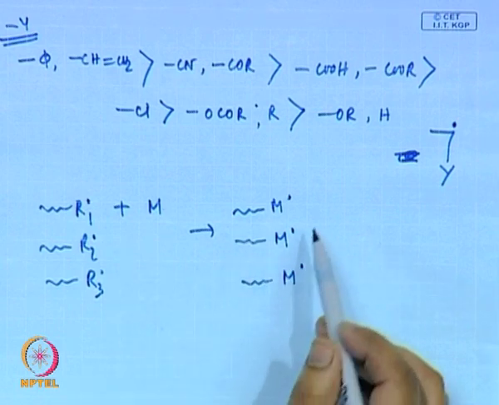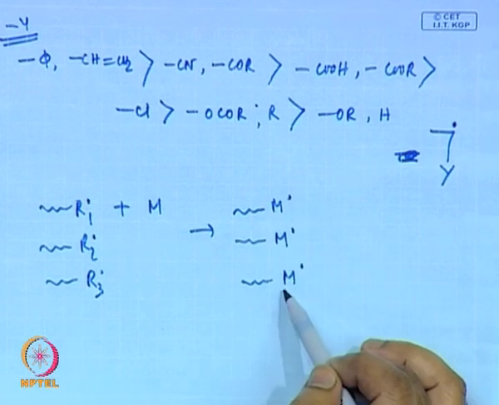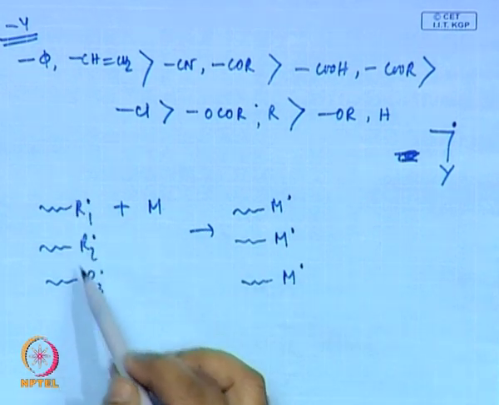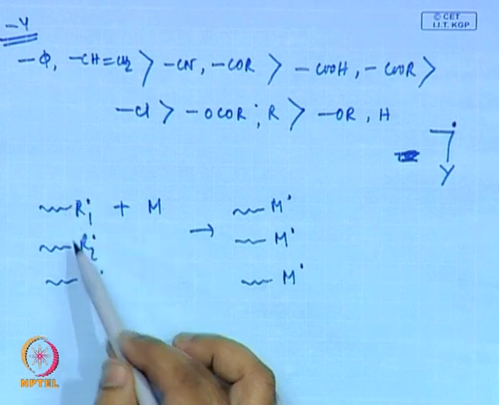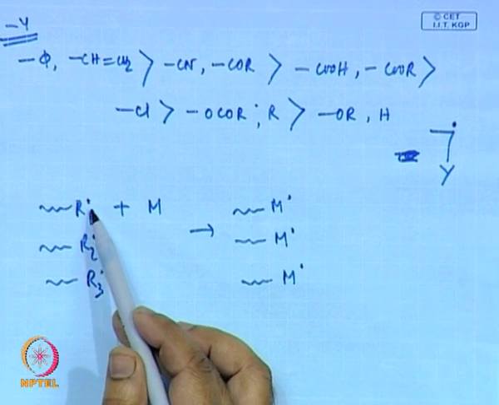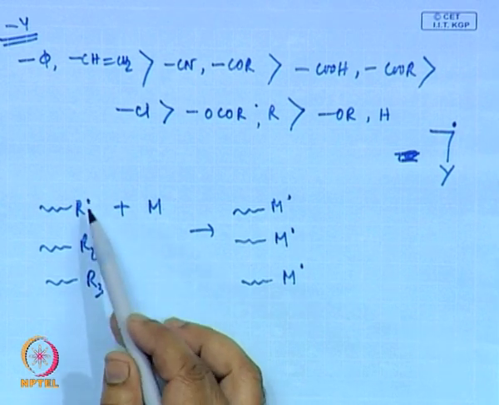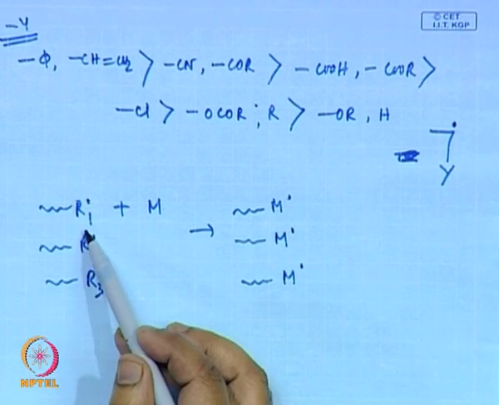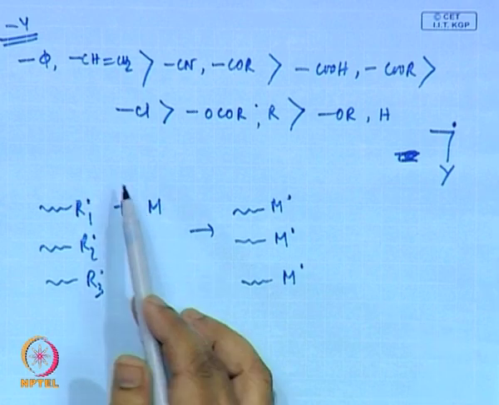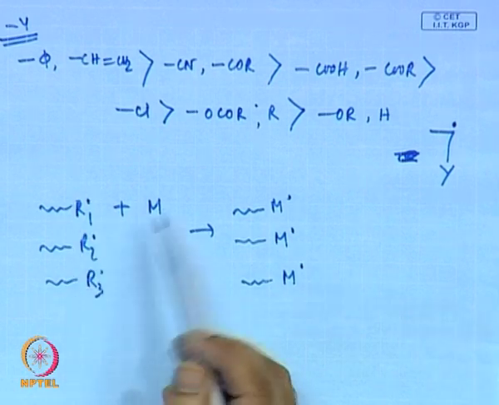So, in all the cases it will produce the same radical. So, the stability of this resulting propagating radical will be the same. Hence, the reactivity order of these different propagating radicals towards a monomer will be inverse to the stability of this radical. So, the radicals which are least stabilized will have the highest reactivity towards a particular monomer. So, in this case, the order of reactivity of the radical will be exactly reverse